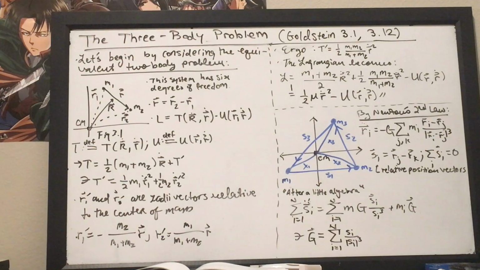about, and it's covered quite extensively in Goldstein, his book on classical mechanics. This is specifically from the third edition in sections 3.1 and 3.12. Those are the ones I'm going to be referencing. 3.1 being just the general two-body case, to introduce some foundational concepts pertaining to how these types of body problems work, and then we're going to bump it up a notch by looking at the three-body problem